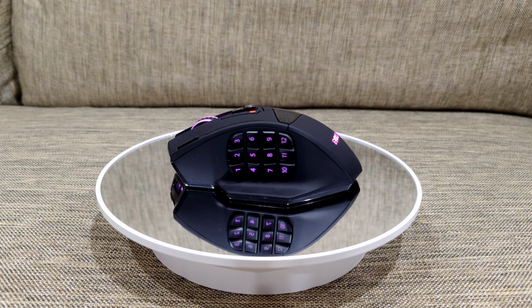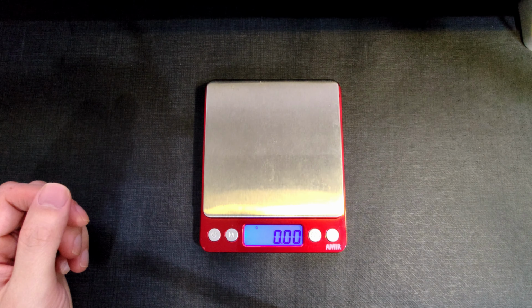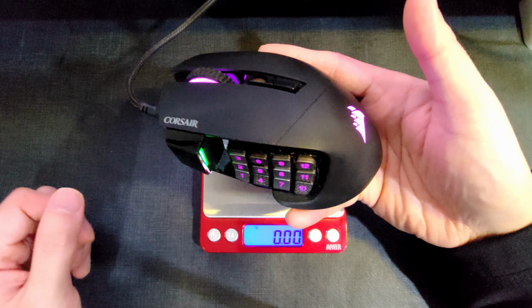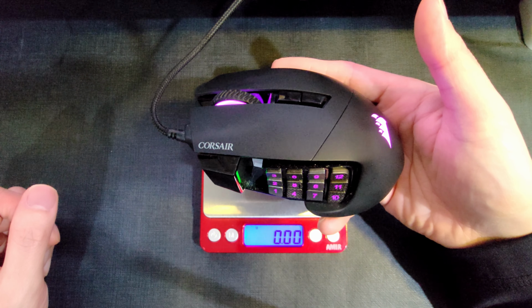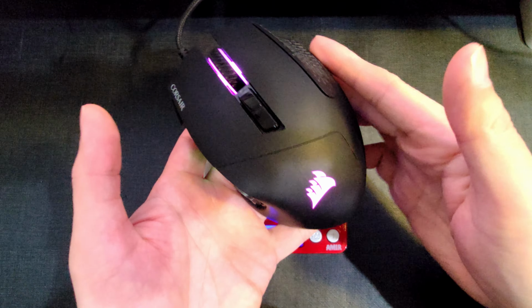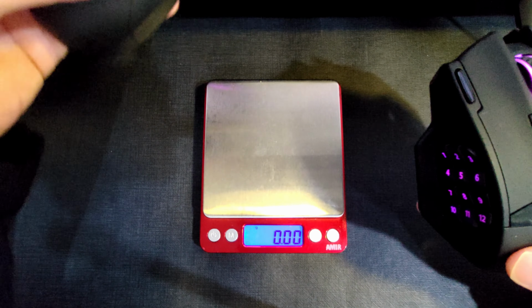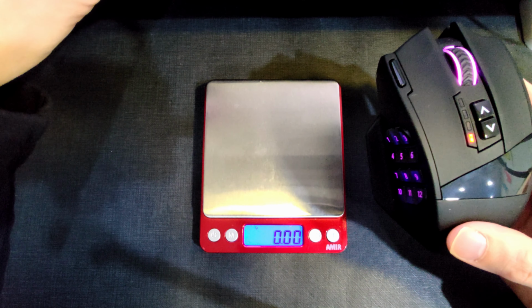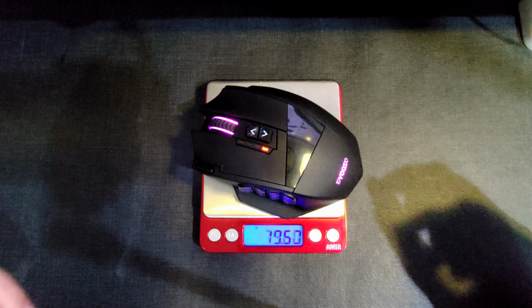While I don't have the Razer Naga V2 or the Trinity mouse to compare, I do have the Corsair Scimitar RGB Elite wired MMO mouse. In my opinion, the build quality for both of them feel quite premium and are comparable to each other. They weigh about the same, with the X33 coming in a tad heavier